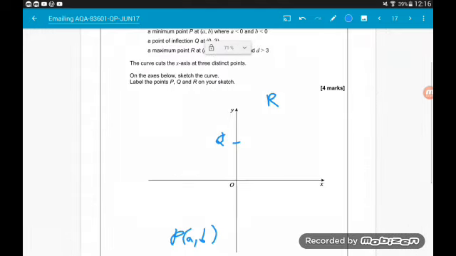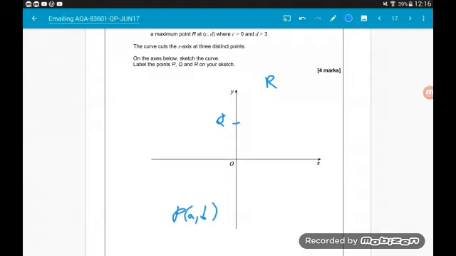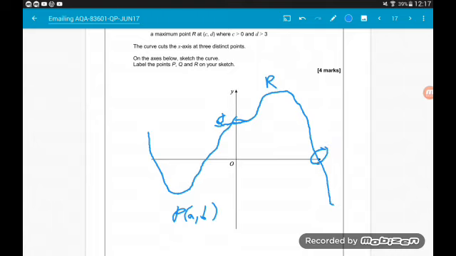We want to sketch our graph. So I'm not the world's best drawer. I'll try and do this as well as possible. So it's going to be something like this. It's going to go down like that to a minimum point at P. It's going to go up to our point of inflection here on the y-axis, and it goes up to our maximum at R, and then it's going to go down through the x-axis again like that. So we then got our 3 points where it cuts the x-axis,